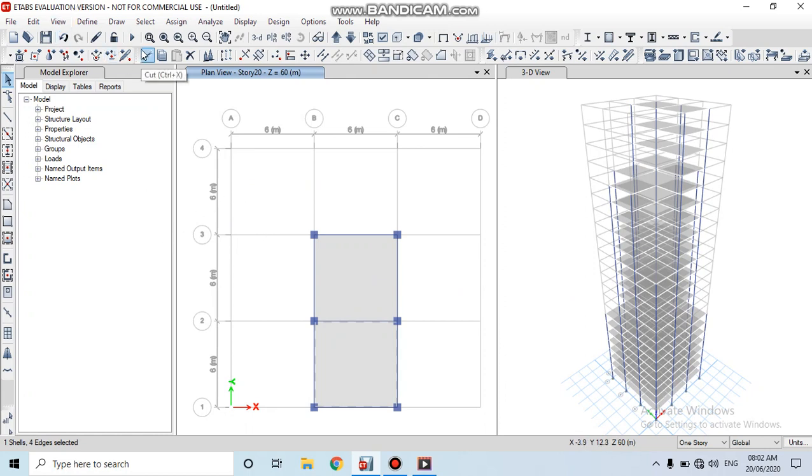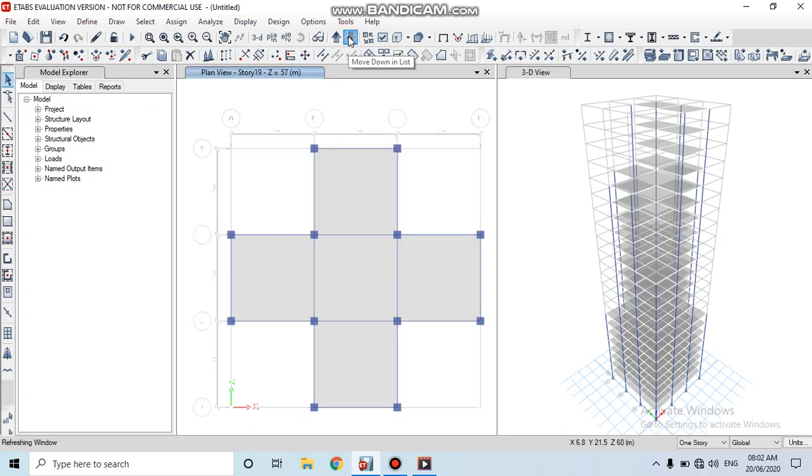Next, now we have to apply dead load and live load on slabs and ceiling. Set the plan story to 1. We have to set the plan view story to 1.